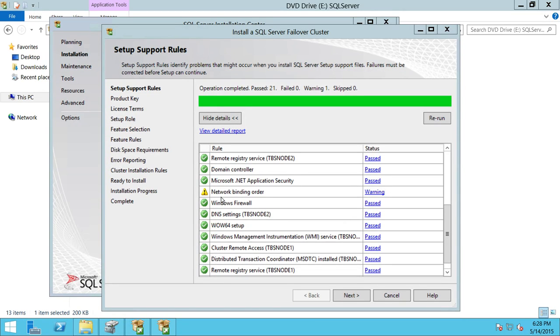We have just one warning, which is network binding order. We know that last time we checked that binding order is correct, so I have made sure that binding order between private and external network is correct. So we're gonna go ahead and click next,